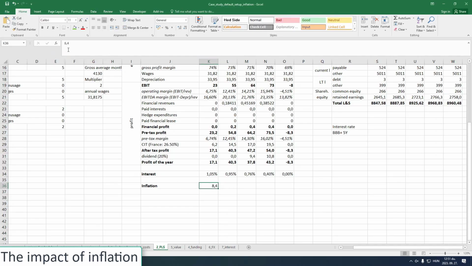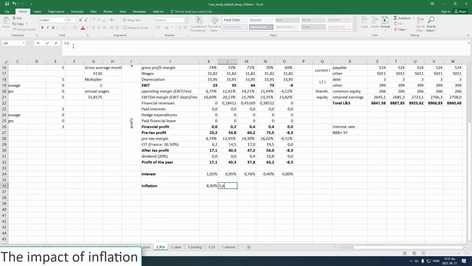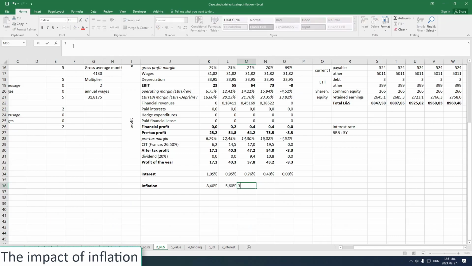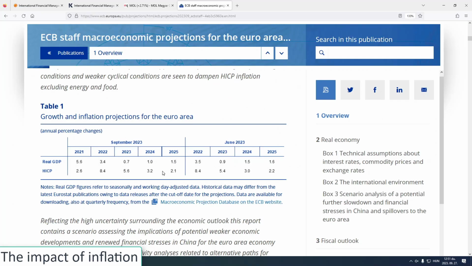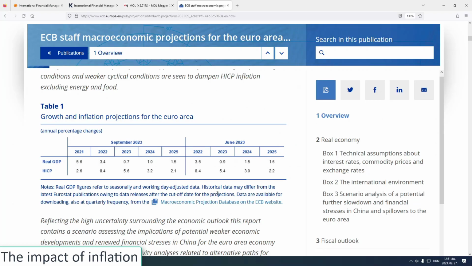up percentage mark, because otherwise it will be a problem. 3.2, 2.1, and we don't have further data, but the objective would be 2%, so let's say that finally they can achieve what they have here. And it's always funny that these